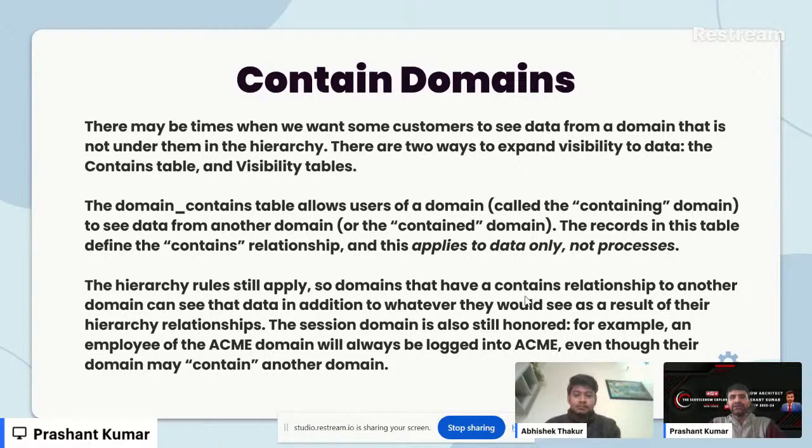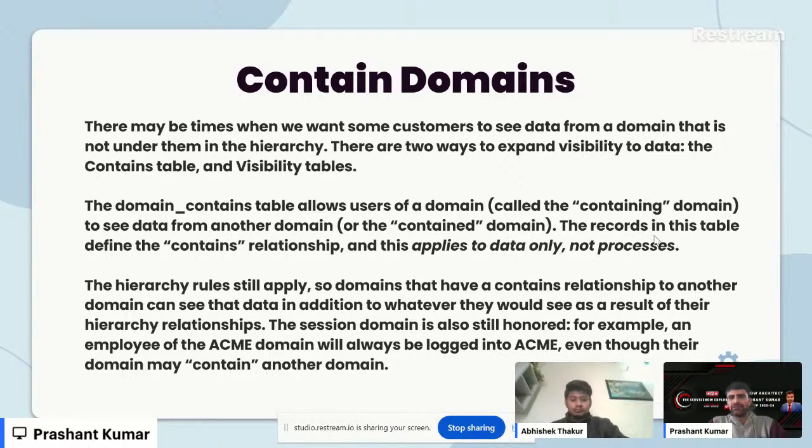We can provide the parent-child relationship for domains using the domain contains table, which allows a domain to contain another domain. I will show you under the domain record what all is there. Now the domain contains table allows users of a domain